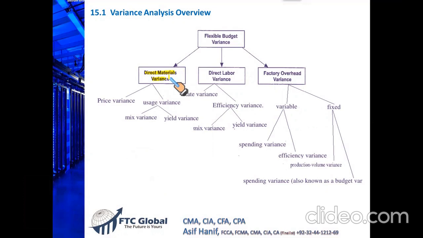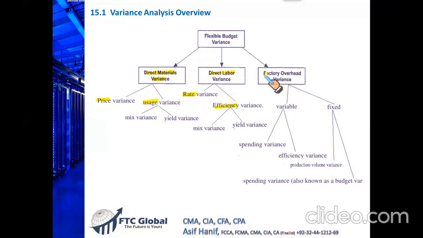Direct material variance is of two types: material price variance, where the price is more or less than the standard, or the material usage variance, where usage was more or less than the standard. Then we will calculate the direct labor variances. Labor variance can also be split into labor rate variance and labor efficiency variance. I will share with you the formula sheet of all these variances, and it will be very easy for you to solve questions as per those formulas.